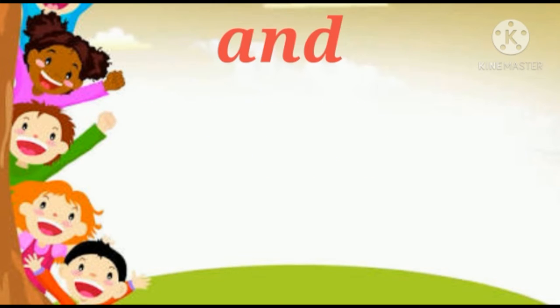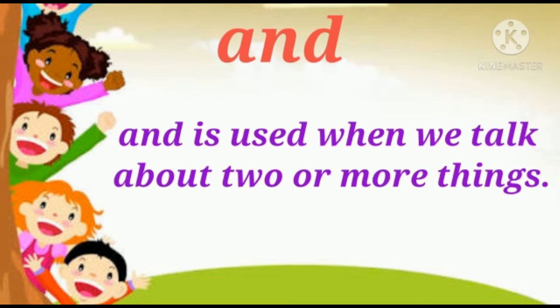We use and in a sentence when we are talking about two or more things. If we are talking about I like dogs and we have to write I like cats, by writing it, it's a long sentence. So to make it short, we will write it like this: I like dogs and cats. So and is used to join two sentences where we are talking about more than one thing.